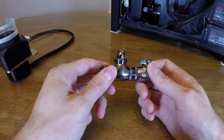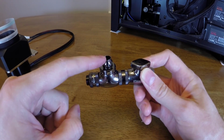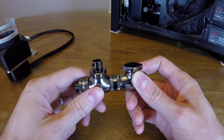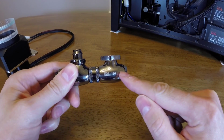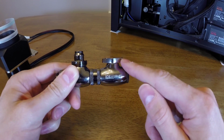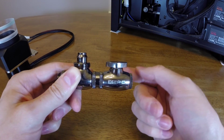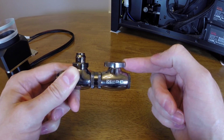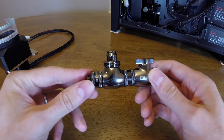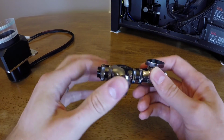When I was done screwing the T connector into the pump, the hole on the top was not facing upwards, so I wasn't able to connect it to my tubing. In addition, when I screwed in the on-off switch all the way, the actual valve was underneath the radiator and bumping into it, so there was no way to get to it. So I actually had to completely scrap that idea and buy these rotary fittings, which are